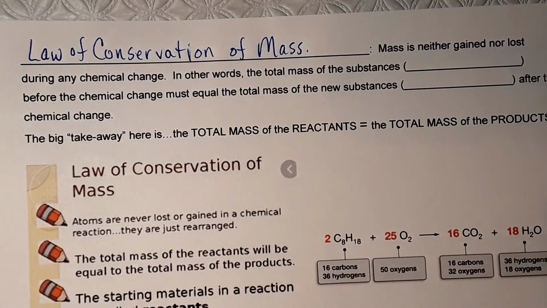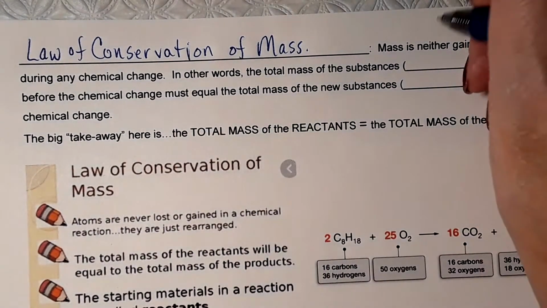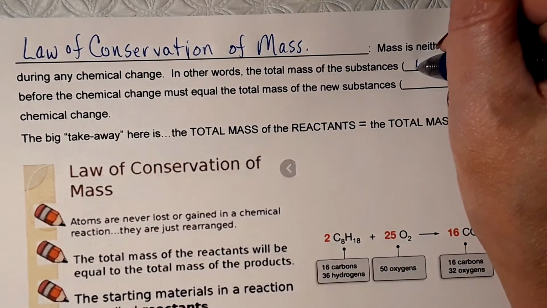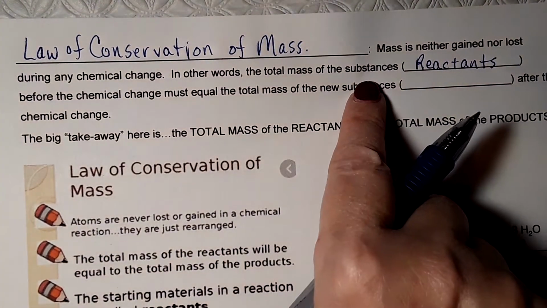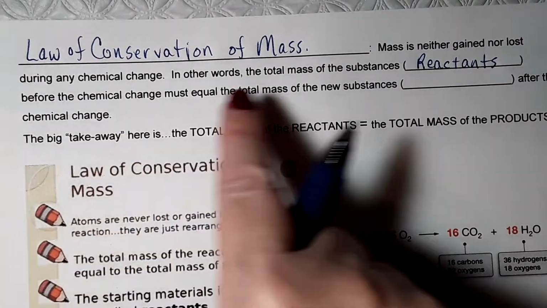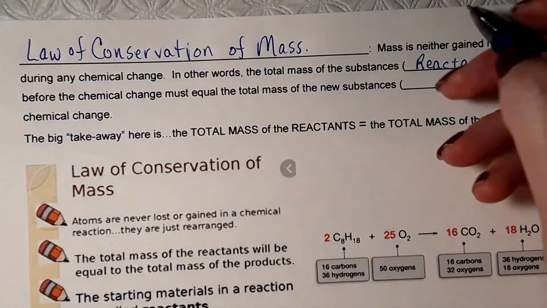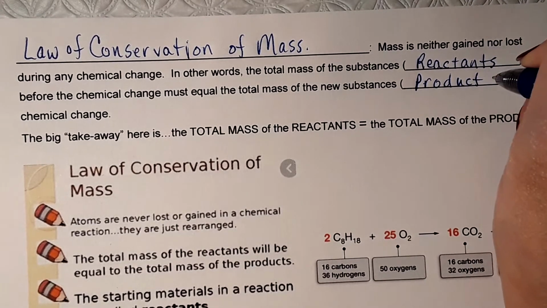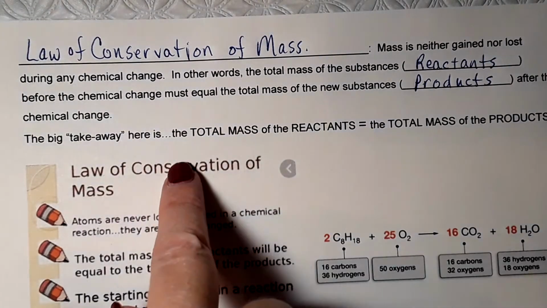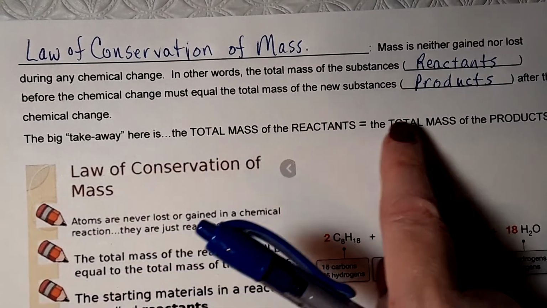Basically, it says mass is neither gained nor lost during any chemical change. The total mass of the substances before the chemical change, and we call those the reactants. The substances that we have before the chemical change are called the reactants. The total mass of these reactants must equal the total mass of the new substances formed. Those are called the products. So the takeaway here, the law of conservation of mass says the total mass of the reactants equals the total mass